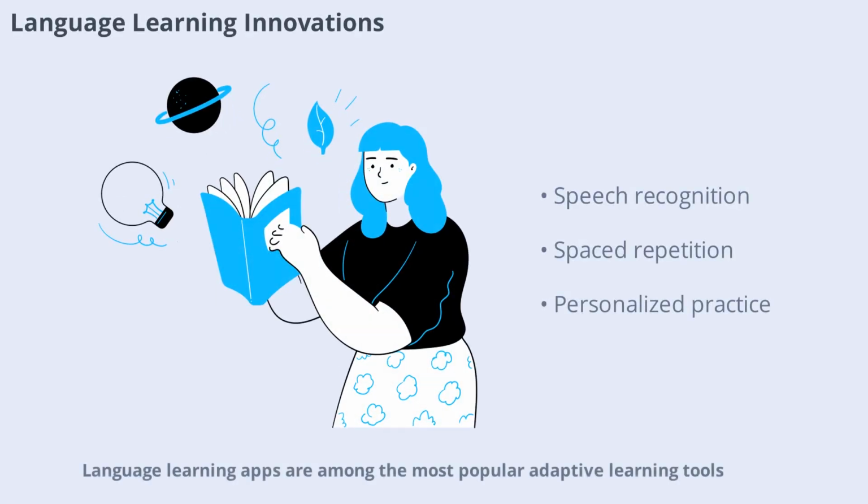Language learning apps are among the most popular adaptive learning tools. These platforms use adaptive algorithms to adjust vocabulary, grammar, and pronunciation exercises based on user performance. Features like speech recognition and spaced repetition help learners master new languages more effectively. By providing immediate feedback and personalized practice, adaptive language apps make language acquisition accessible and enjoyable for people of all